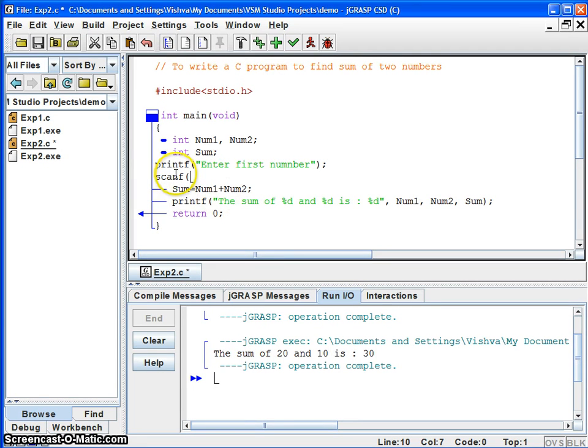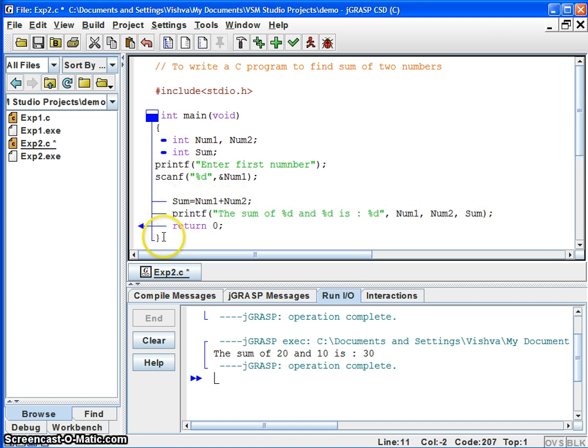scanf. scanf is a function which is used to get integers, floats, characters from the standard input. The standard input is nothing but the keyboard. So this function will help us get the input from the keyboard, scanf. You are trying to get an integer, that means %d, comma, you have to specify the address. We may discuss this at a later stage, but now just try to understand, like ampersand, that variable name. And the same thing has to be repeated for the second number also.